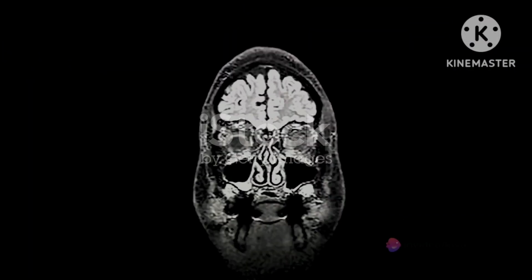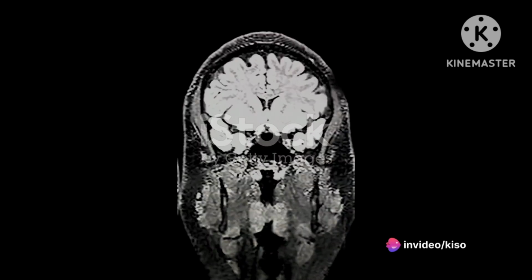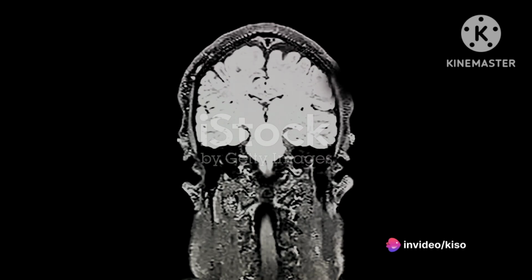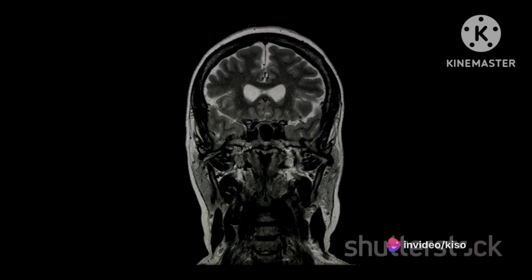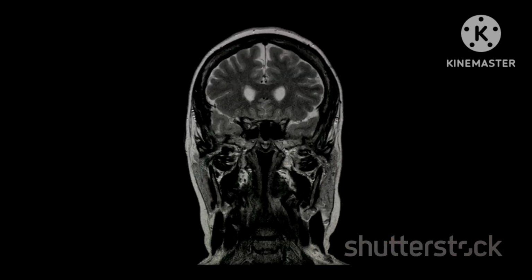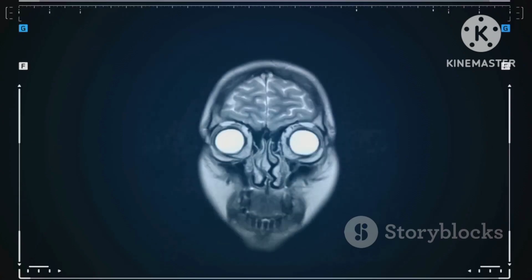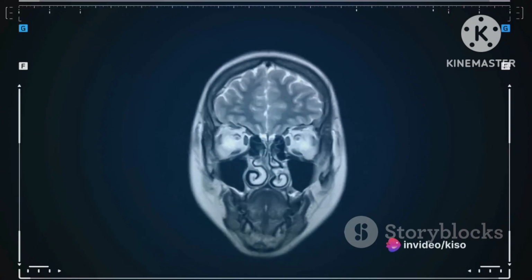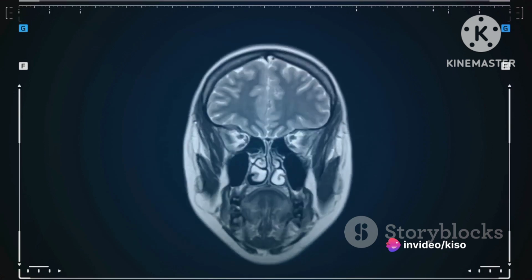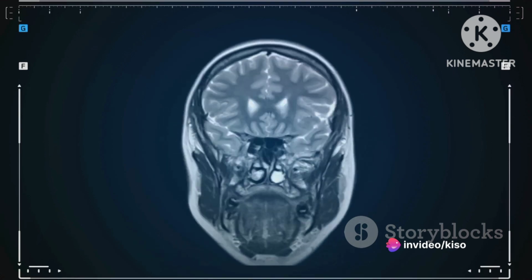It processes the data, converting the varying degrees of absorption into a detailed cross-sectional image of the brain. This image is essentially a slice of the brain, much like a slice from our imaginary loaf of bread. The resulting images provide a detailed view of the brain, allowing doctors to detect any abnormalities or changes in the